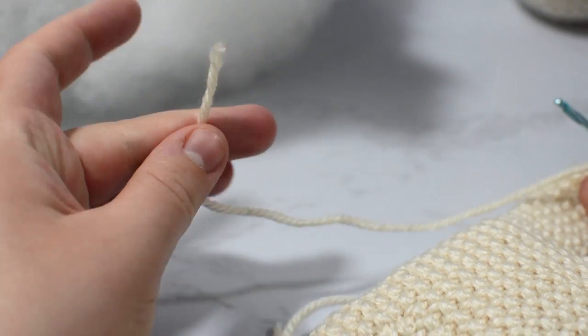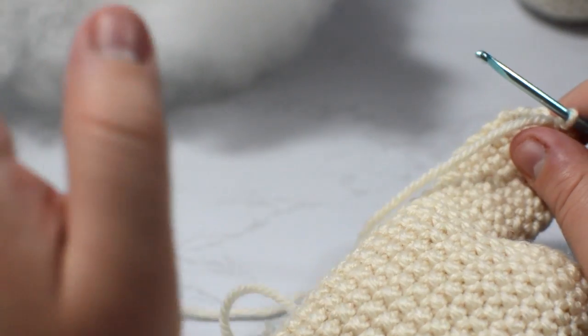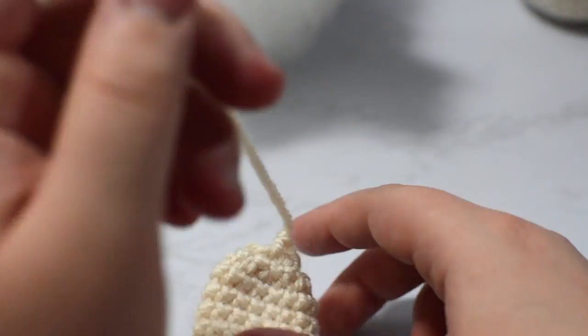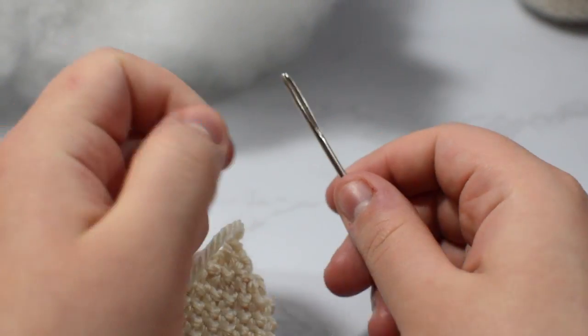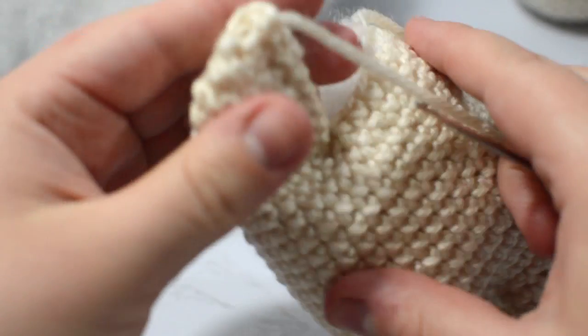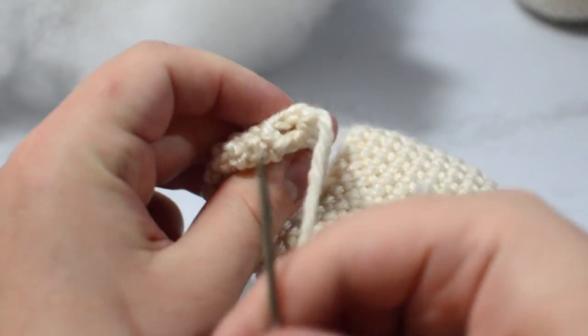So I cut my tail. There we go. I went off on a tangent again. I tend to go on those. I'm going to pull my yarn like so. I'm going to take a darning needle. I'm going to thread my tail onto my darning needle. And the way that I finish off my end here,